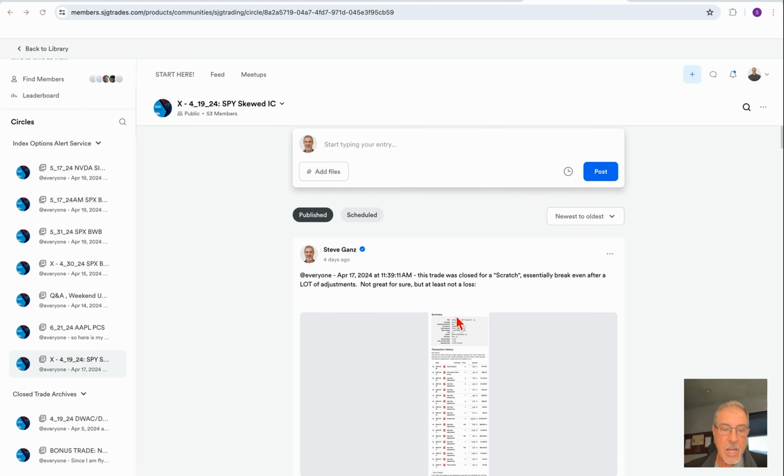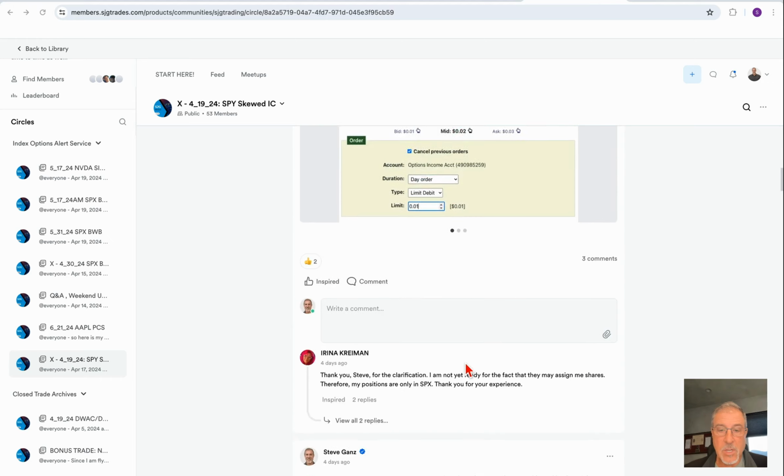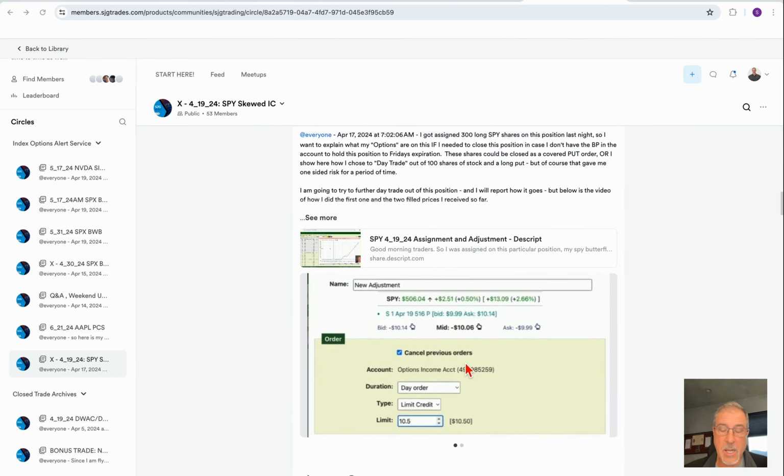From the good side, closed out two trades this week. This first one was in SPY, and it closed at essentially a scratch. It was up, I don't know, 0.5% or something like that. But you can see there were a lot of adjustments on this. And of course, you can go back and roll through this as one of the members of the alert service. You can see every single adjustment that was made, the date it was made on,